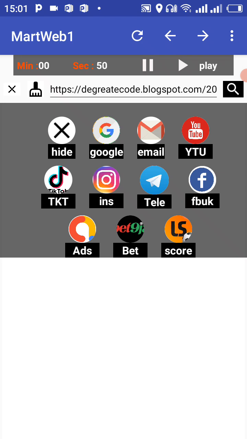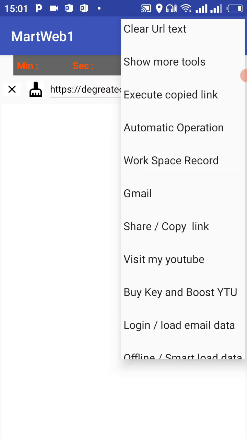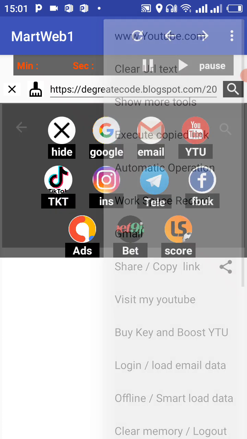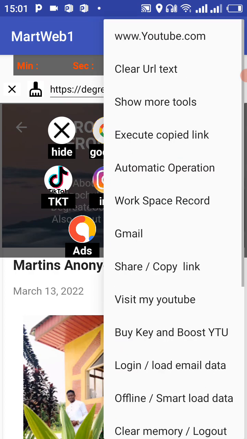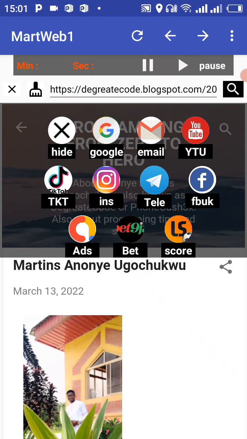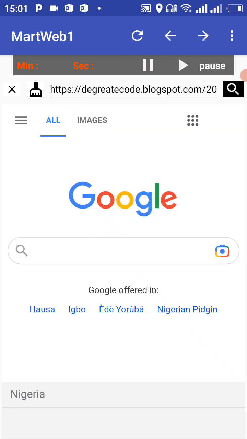I'll click on Google and wait for it to open. Okay, sorry, this thing is under automatic mode. Just pause it. I've paused it. I'll go to tools, show more tools. Let me pause this. Okay, show more tools is on. Then I now select Google, the one I select, and now type